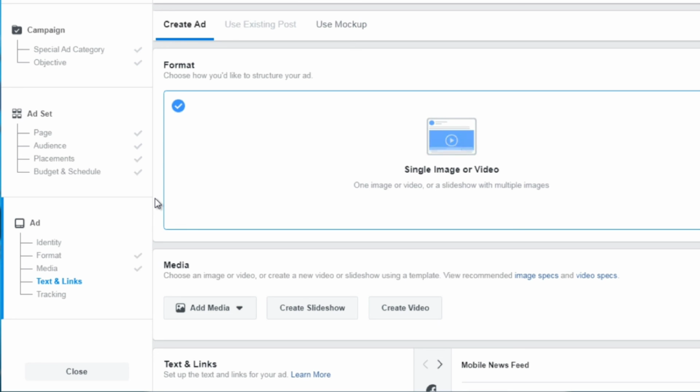So what you might want to start out with is 2 to 4 images, and then maybe 1 or 2 texts, and then maybe 2 different links. And then let Facebook's artificial intelligence test things out and actually figure out which is actually converting, and then go from there. Once you've figured out what is converting, let's say out of the different ads of 4 different images,